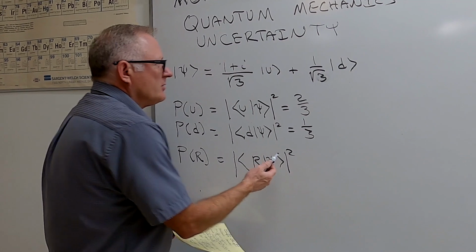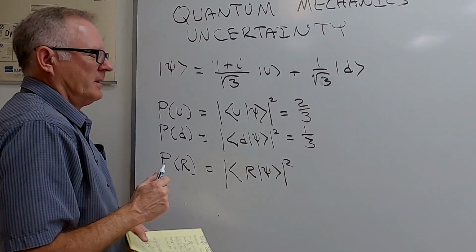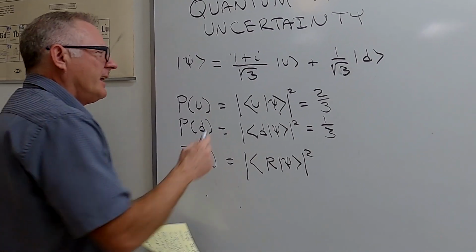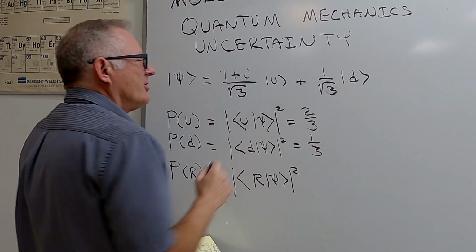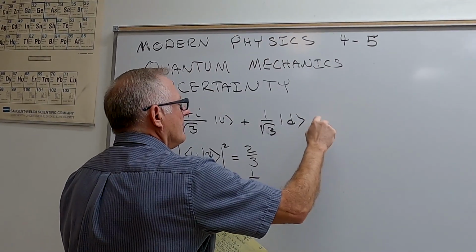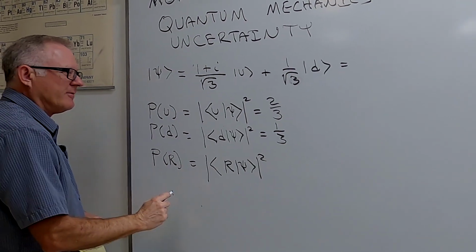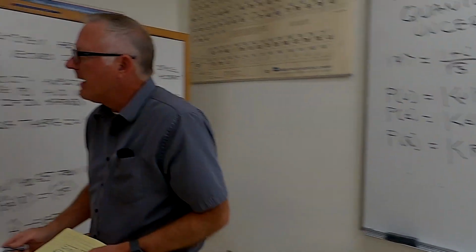Well, if psi was written in terms of rights and lefts, then it would be much easier. So let's go ahead and write psi in terms of rights and lefts. First of all, what is u in terms of rights and lefts? Well, if we come back to here,